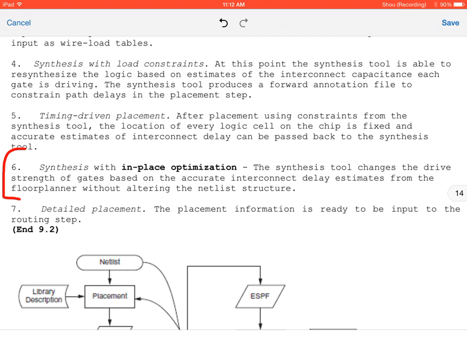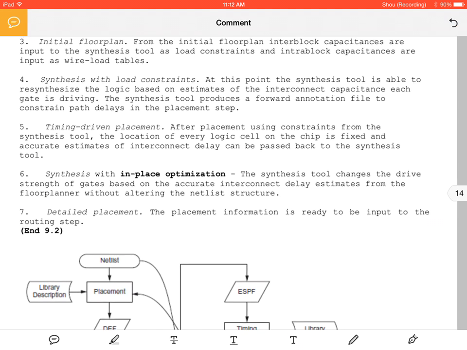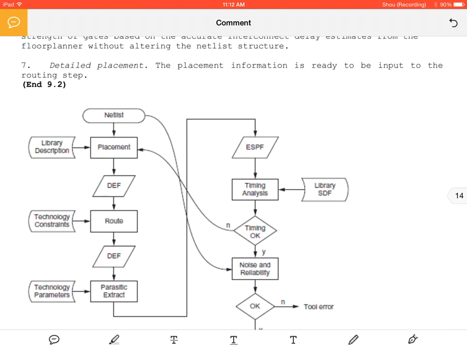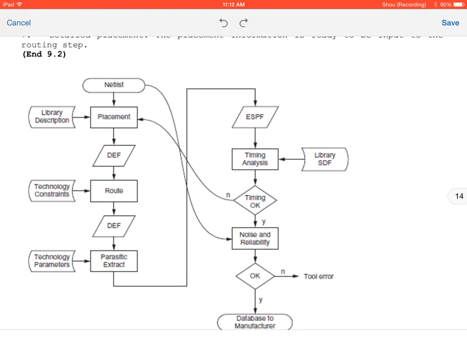And so last but certainly not least, detailed placement, actually writing it out. The placement information is ready to be input into the routing step. So the general overview is here: you have your netlist, which you can do using either VHDL or Verilog. You do some sort of place and route. Now, you do